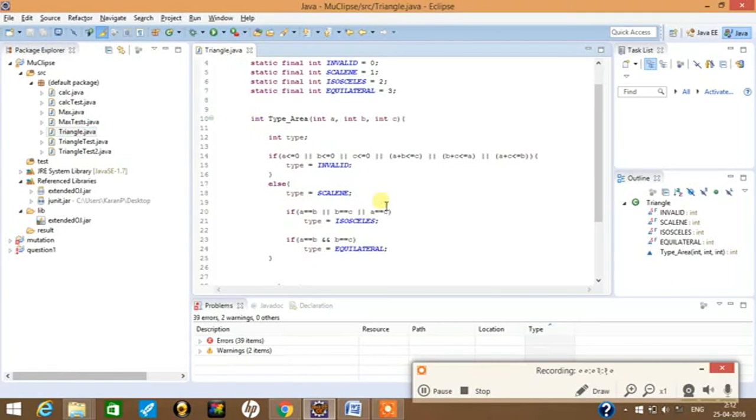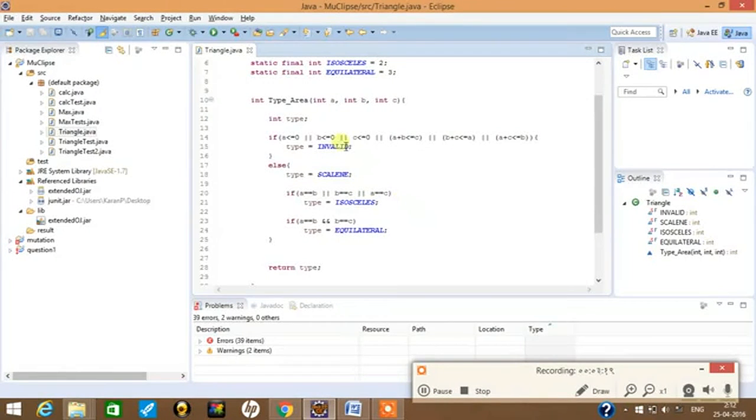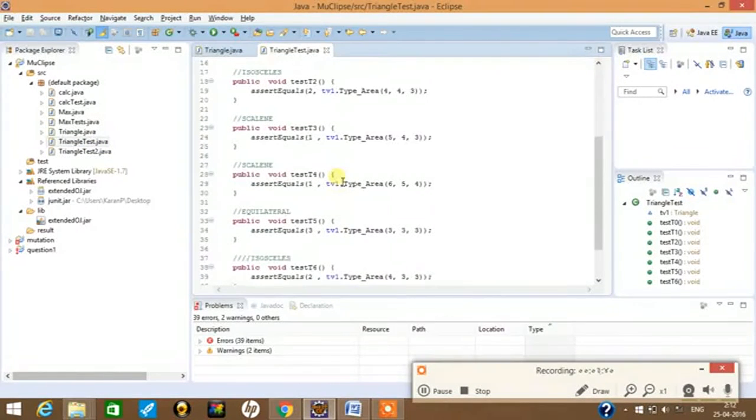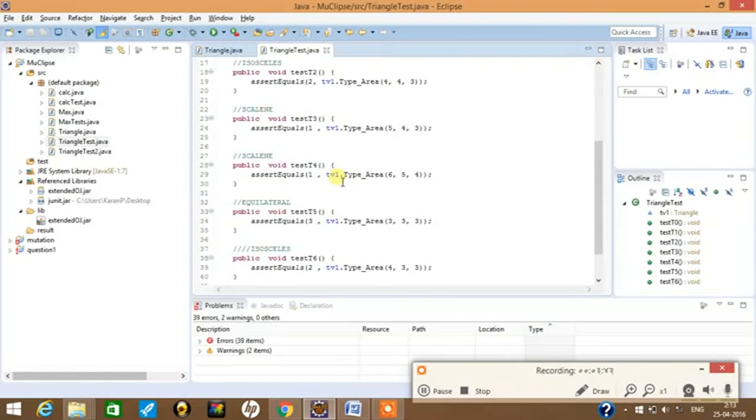This function takes 3 arguments, and these 3 arguments are the sides of a triangle, and this function will return whether this triangle is valid, or its scalene type, or its isosceles type, or its equilateral type. I have also written one test class to test this method. This test class is TriangleTest. Here I have written some methods to test different types of triangles.